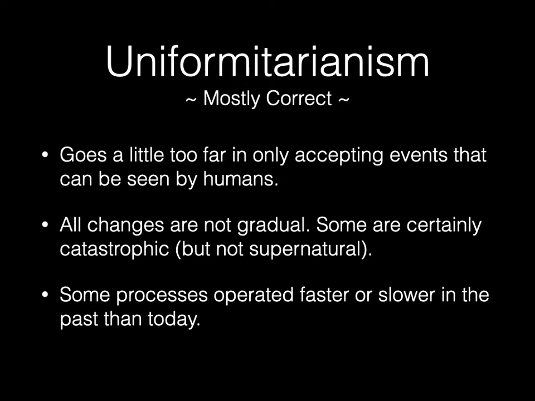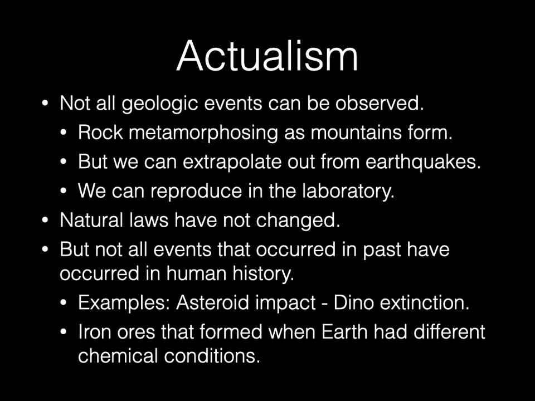So anyway, back to the uniformitarianism. It's mostly right, but definitely in the past, things were a little different, and we have to accept that. Now, how do we know that? Okay. Well, actualism is really what helps us know that. In fact, for instance, early Earth, our moon was much closer to the Earth when Earth first formed. It would have looked ungodly huge. Like, it would have been really big.